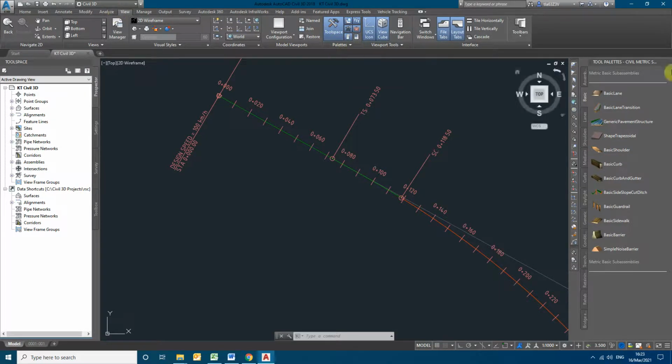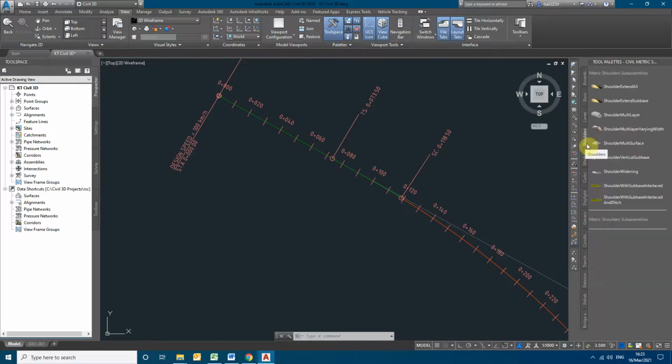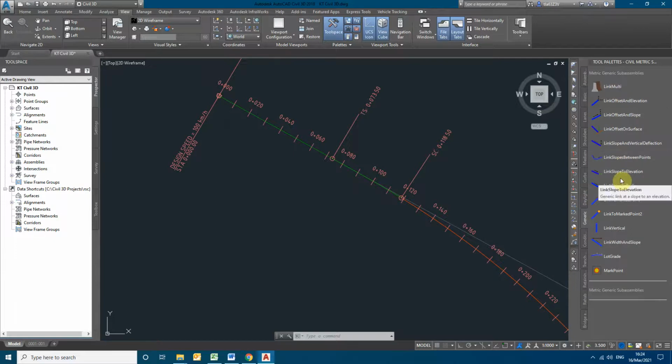So here we have different types of lanes that can be applied. These are the lanes with super elevation, without super elevation, one-sided with stepping for the different layers, and similarly for the shoulders, medians, curbs. Daylight is the cut fill, embankment cut fills, and some generic things like lanes.